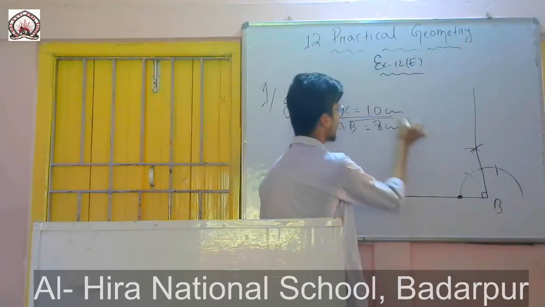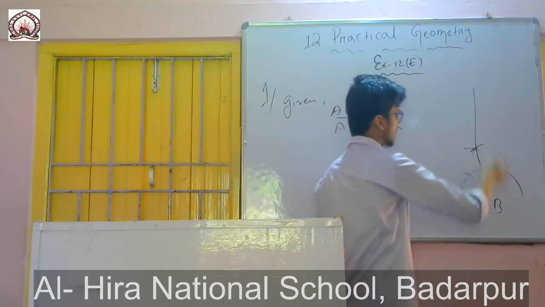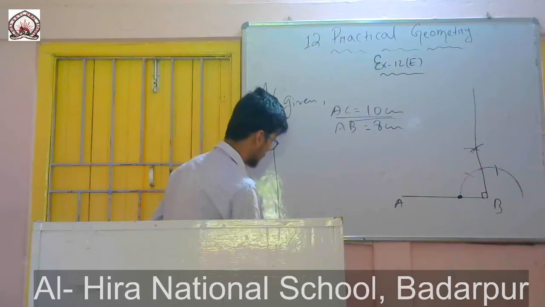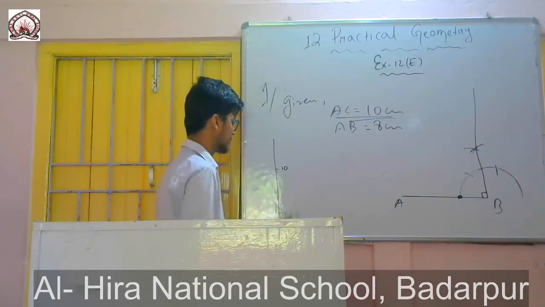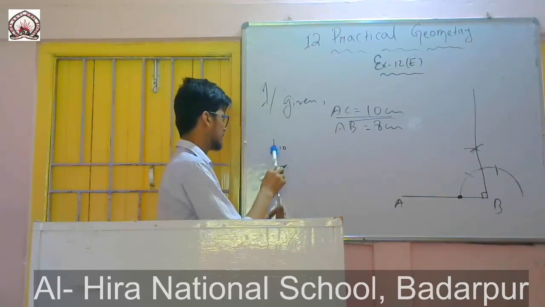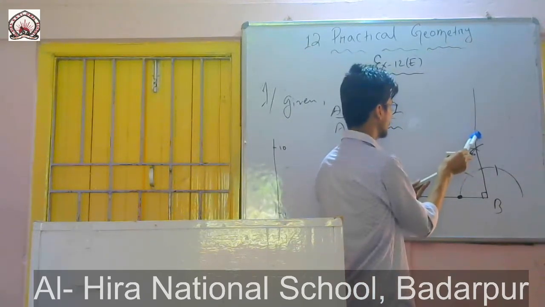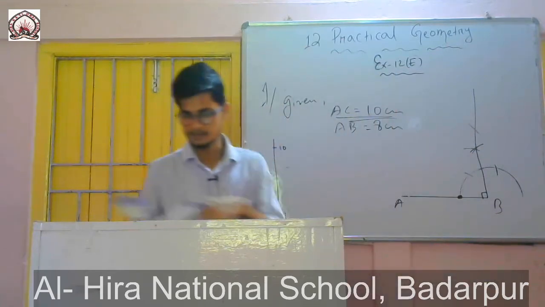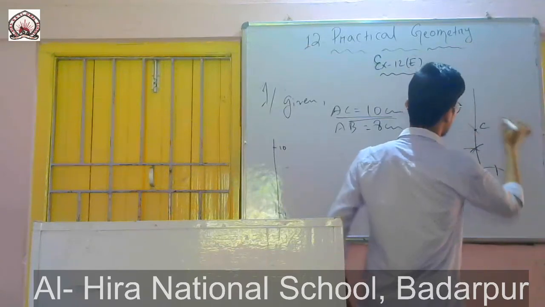Now it is given that AC is equal to 10 centimeter. AC, that means C will be somewhere on this line. So I will take the measurement of AC. If this is my scale, and it is 0, 1, and there it is 10 centimeter, for example, this is my scale. So I will measure this 10 centimeter. I will put it here and cut it like this. So I got another point of intersection here. I will name it C.